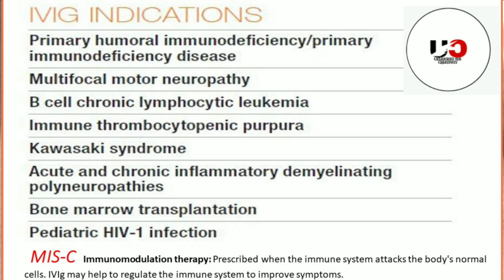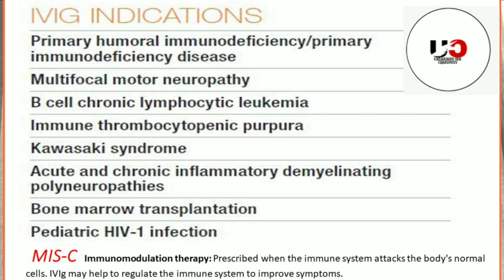Another one is hematopoietic stem cell or bone marrow transplantation patients. In such patients there is a chance of recurrent infections, pneumonitis, and GVHD, graft versus host disease. Such infections and chances of graft rejection are prevented by the use of IVIG therapy. Then secondary immunodeficiency diseases like HIV infection in children: in that case also IG therapy is used to prevent recurrent infections. Then B-cell chronic lymphocytic leukemia: in such cases, IG therapy is used for preventing recurrent bacterial infections.